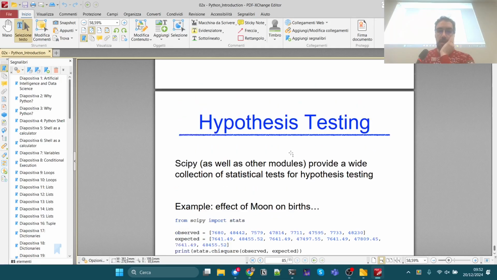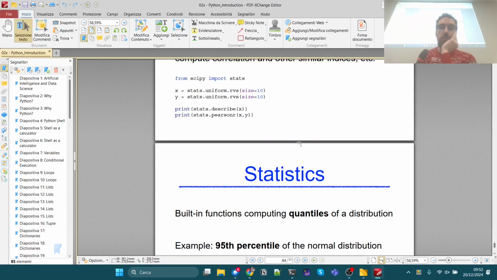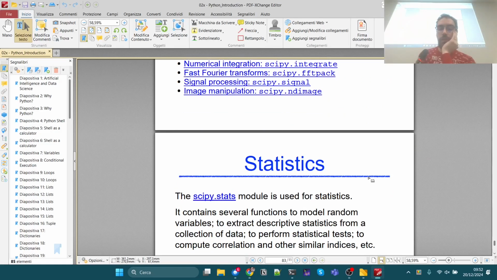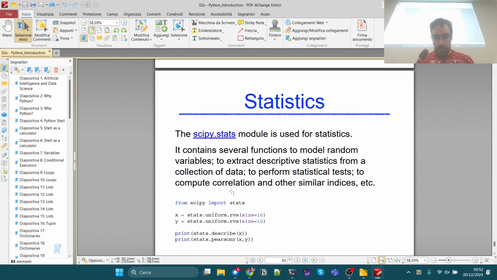Again, we don't really look into this library, because most of the things that we use in this course and in our examples have already been built into other libraries like scikit-learn. I don't remember exactly, but I think the performance measurement functions in scikit-learn are actually implemented on top of SciPy. I'm not sure, but